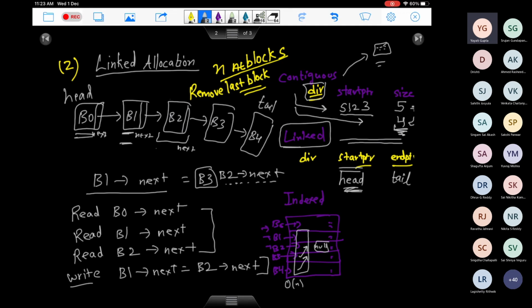In the second case where you are storing your index block in some other way, let's say a hash table or something else, or maybe you could simply mark this B2 as null, in that case it will only take you order 1, just one write. You can say that this block no longer exists. Later on, if someone wants to add a block at that location as block 2, you can again change this value, make it the address of that particular block which you want to add.